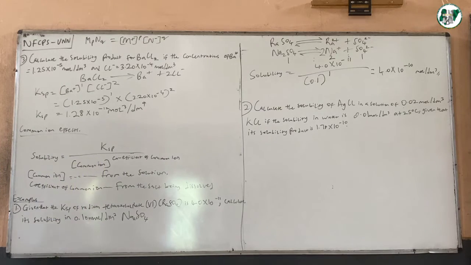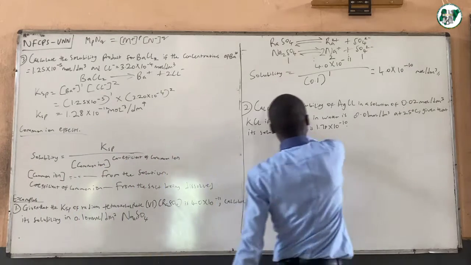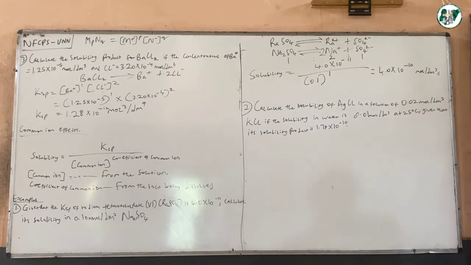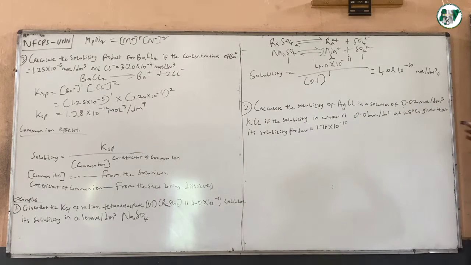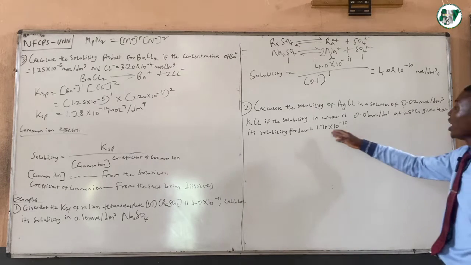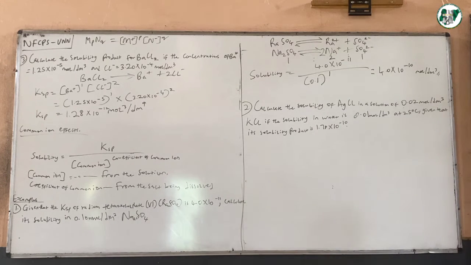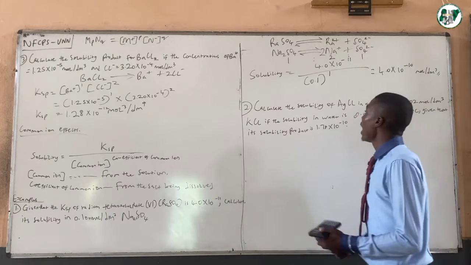So let us look at number 2. Calculate the solubility of silver chloride in a solution of 0.02 mole per dm cube of KCl if the solubility in water is 0.01 mole per dm cube at 25 degrees Celsius, given that its solubility product is 1.78 times 10 raised to the power of minus 10. Alright, so what we have here